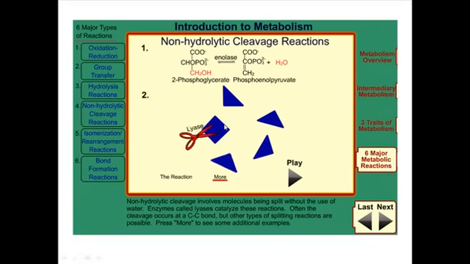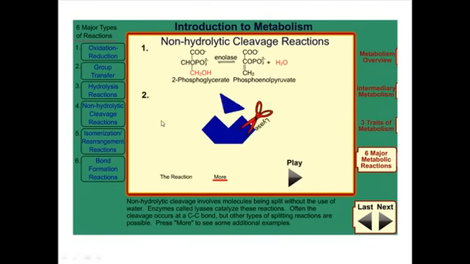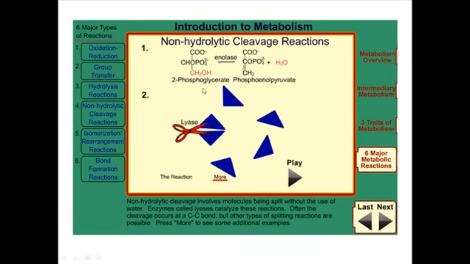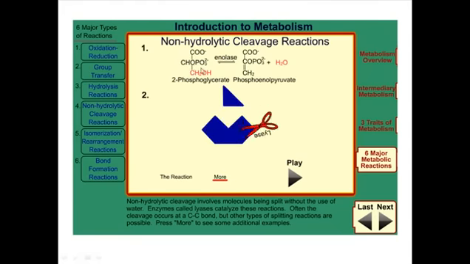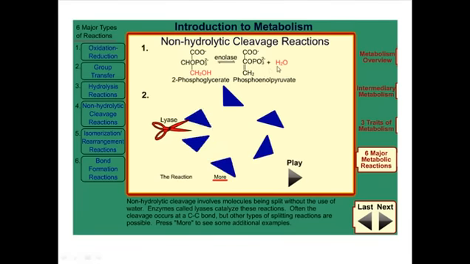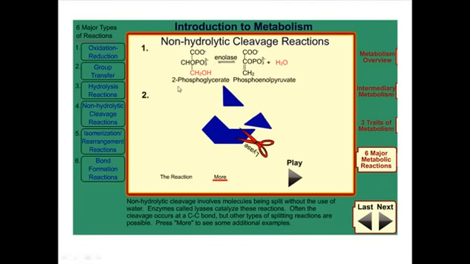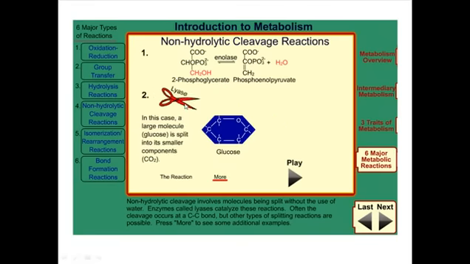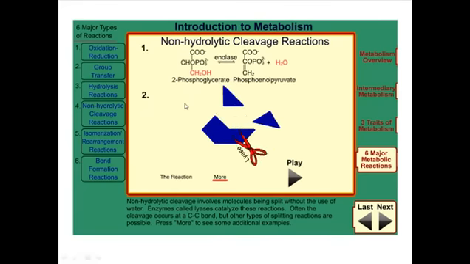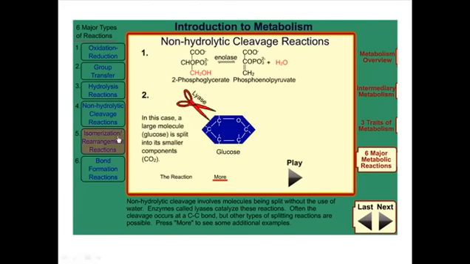For example, we have glucose, and if we add a lyase to glucose, it will be divided into different carbon groups. And if we have enolase, for example, in this previous case, it can be divided and water is released. You can see this kind of thing in the field of metabolism all the time. This kind of cleavage or deletion doesn't need water. That's why they are called non-hydrolytic cleavages.